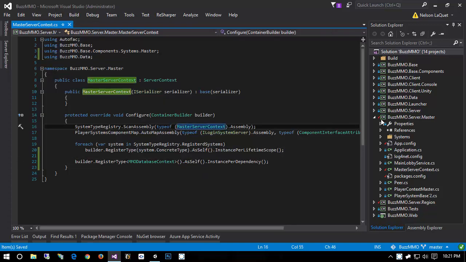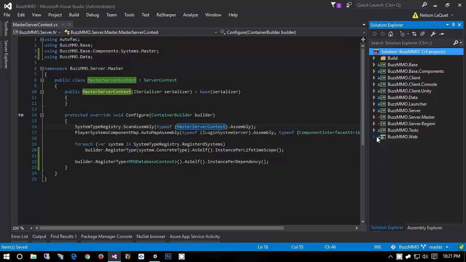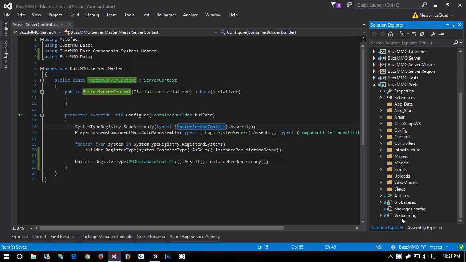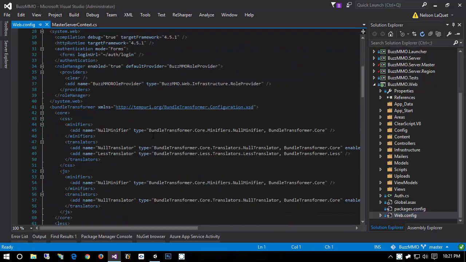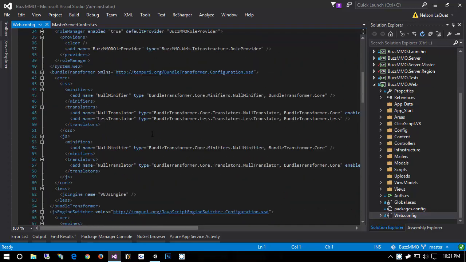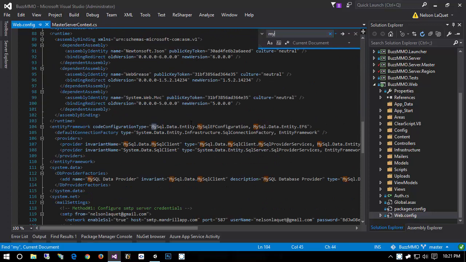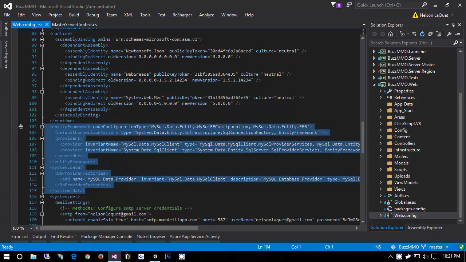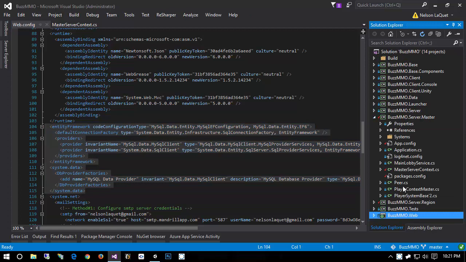I also want to make sure that our configuration for Entity Framework is similar to that in our web. So if I open up the web.config, I do believe I had to go in here and tell it that the MySQL driver is the one I wanted to use. So if I see here, code configuration type is all that stuff, providers as MySQL data client, and DB provider factories, MySQL data provider, I'm probably going to have to grab all of that as well. So I'm going to grab the system data and the Entity Framework config. I'm going to jump back over to server master, open up my